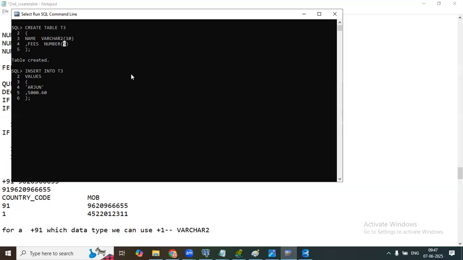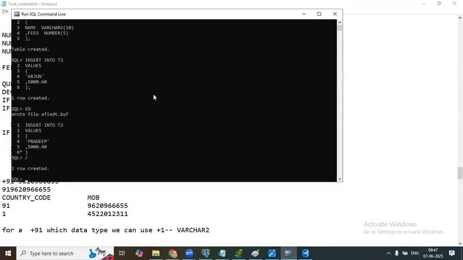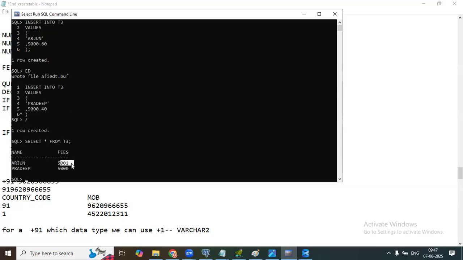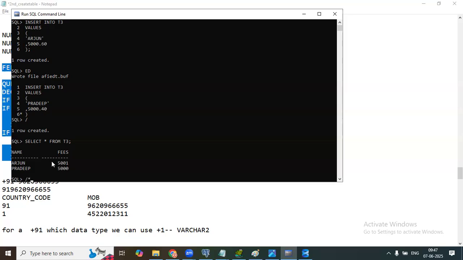It will not give any error, it will accept. If I say Pradeep, 5,000.40 paisa, it will store. But if you go and see, mine is stored as 5,001 and Pradeep is stored as 5,000. That's what will happen.